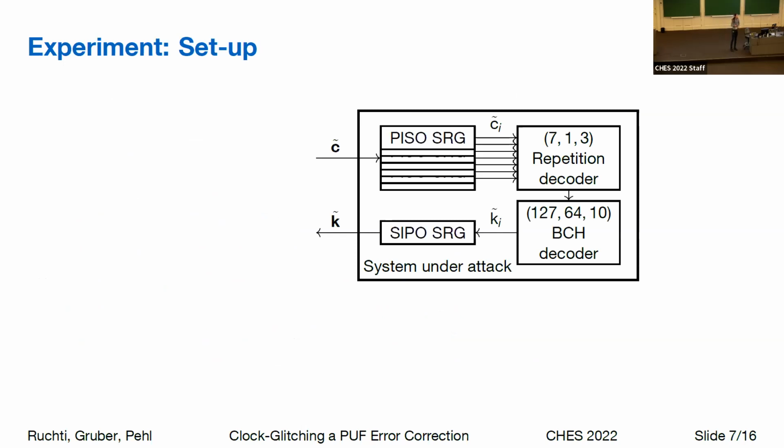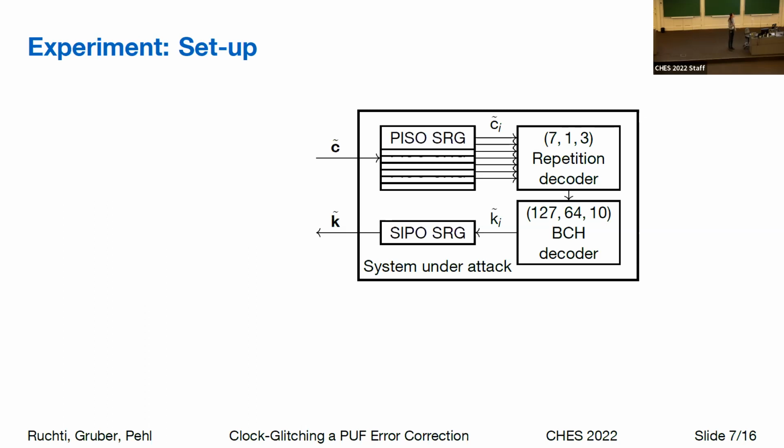To test if that works in practice, we constructed a simplified system where the path itself and the usage of the key is completely out of scope. That's why you see these as inputs and outputs here. For the code itself, we used a repetition BCH decoder concatenation, which is quite a usual choice in the path